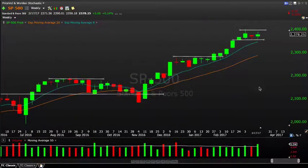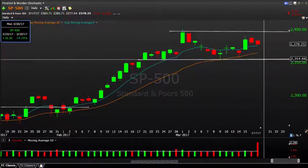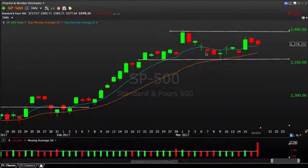On the weekly chart, we finished higher on the week. Remember, last week was the first time we had a down week in quite some time. We did stabilize. We didn't continue lower or find another soft pullback here. We saw stabilization right above last week's lows, and we look to be comfortably trading inside of this range. If we go back to the daily time frame, that coincides with about 2355 all the way up to 2400, 2395 if you want to be a little more precise. So that seems to be more or less the short-term target levels where the market has responded one way